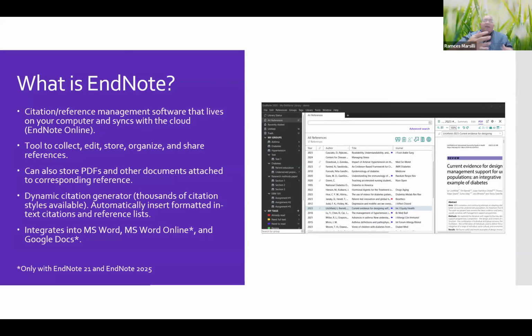EndNote is reference management software that lives in your computer, but can also sync with the cloud by adding an EndNote online account. It's a tool that helps you collect, store, edit, organize, and share references. It can also help you store PDFs and other documents that are attached to your corresponding reference. It is a dynamic citation generator, which means it has hundreds of different